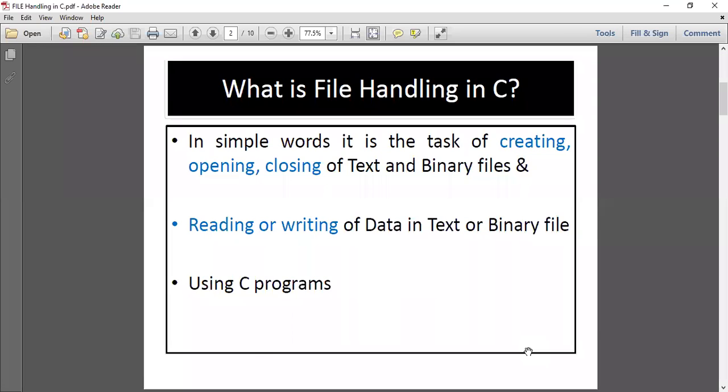So you will be able to create a text file like .txt. You'll be able to open an existing .txt file. Either you are creating or opening, you can close the file at the end of the work with the help of functions. And then